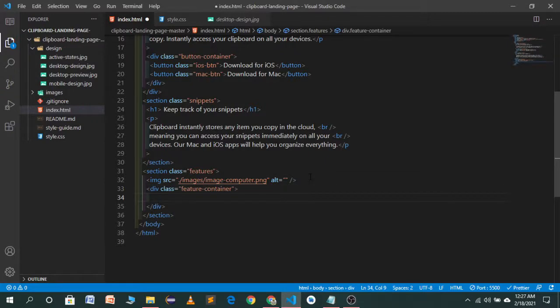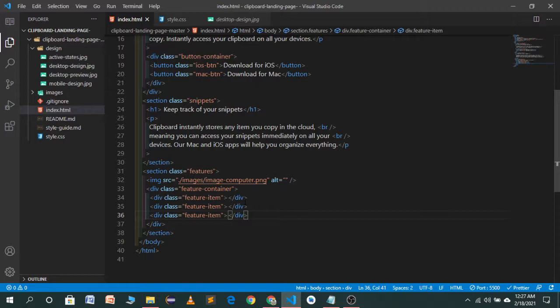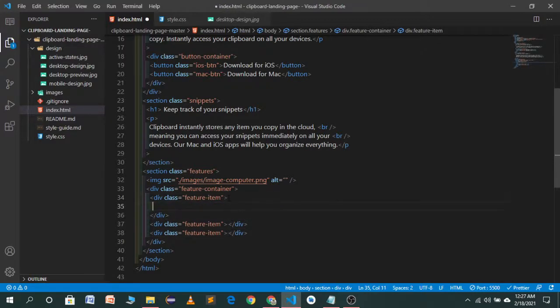This container will contain three divs which are called feature-item. So copy it and paste it two more times. Now these feature items will contain a heading and a paragraph.